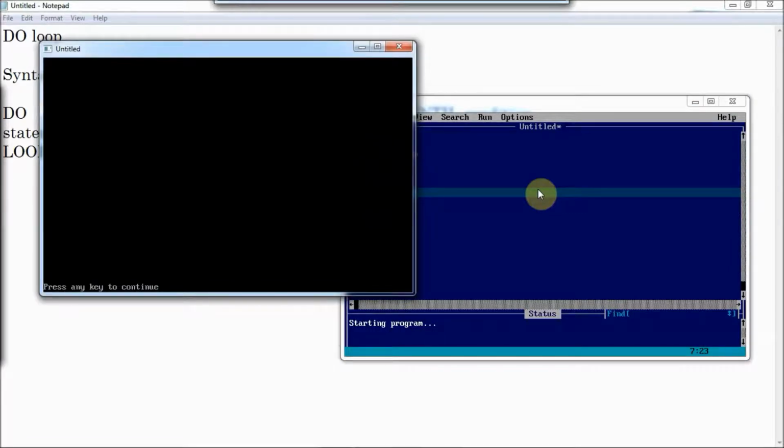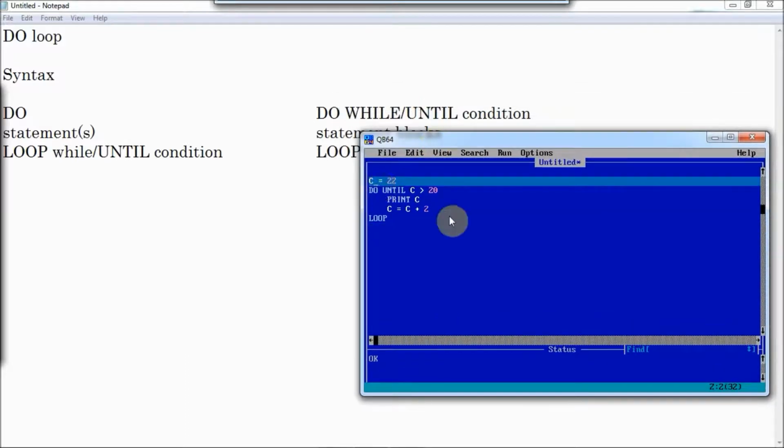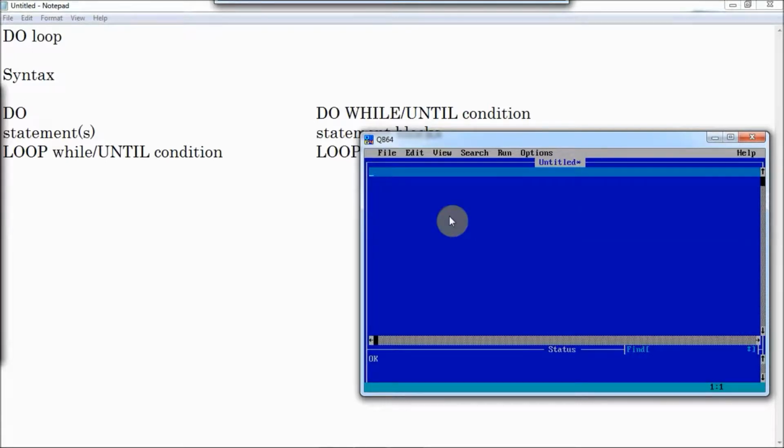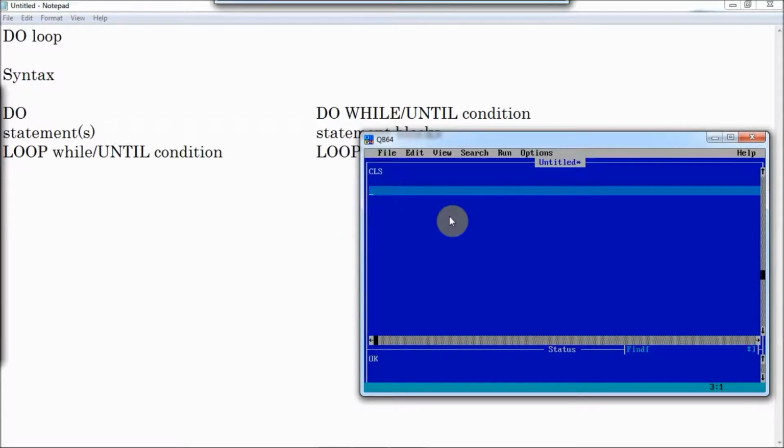Now let me do one more program using a string variable in the condition. I'll use exactly the same problem which we had done in our previous class in the while loop, finding the sum of any 10 numbers input by the user. So let me type the whole program. The program was something like this: ch$ equals y,